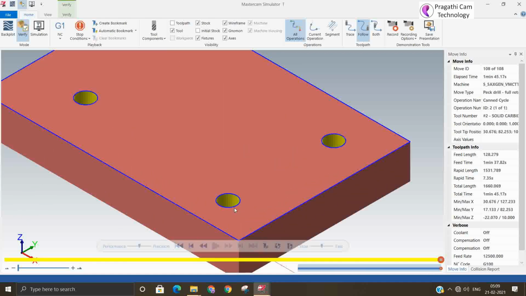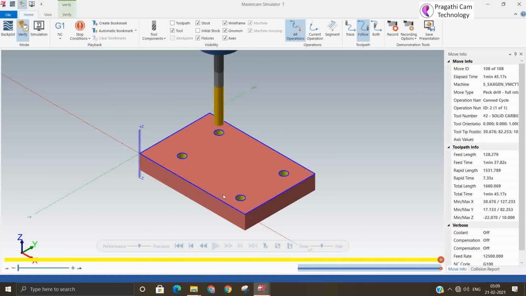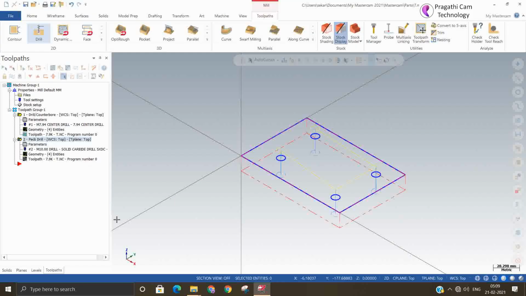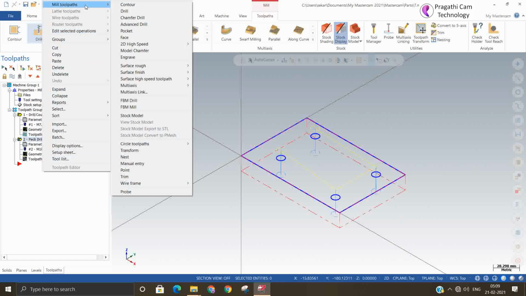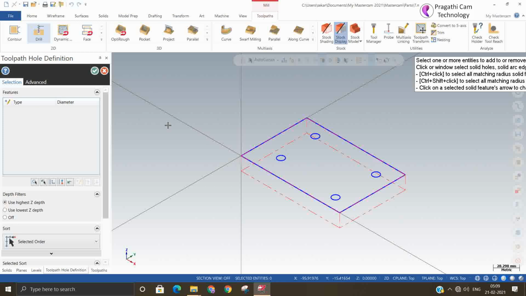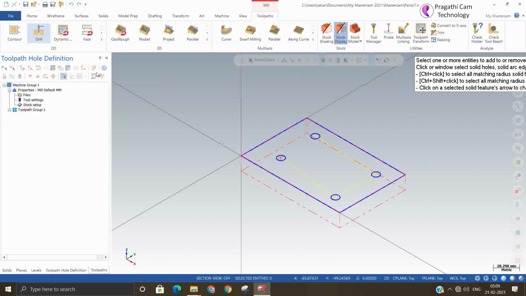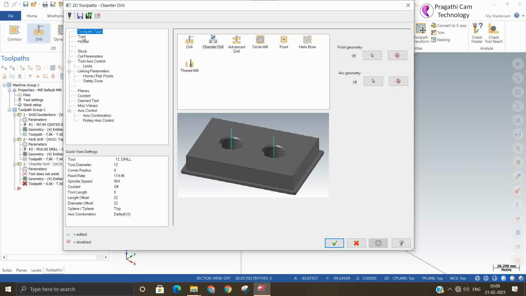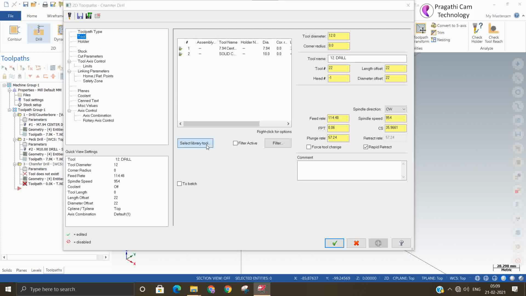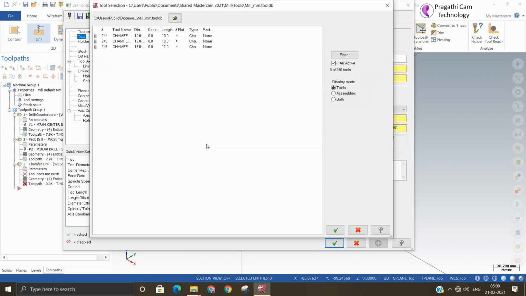Okay. Now the next step is to chamfer the edges. For this, a new toolpath has come, called the chamfer drill. You can ask for the previous operation, so automatically it will take all of them. Here we have a 10 tool, but the same size tool may not be suitable.